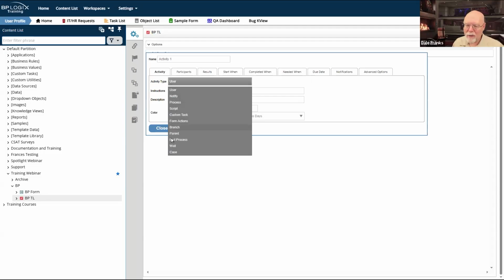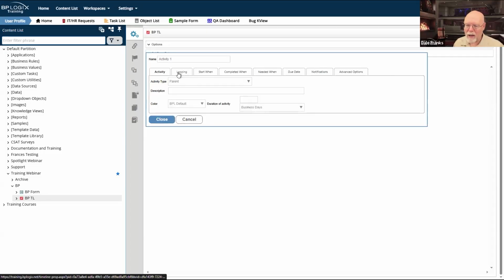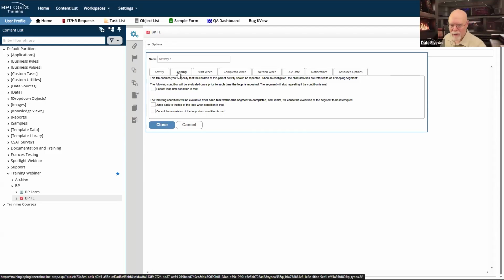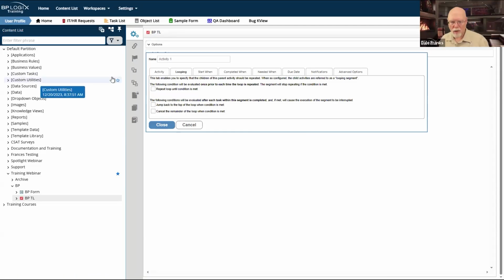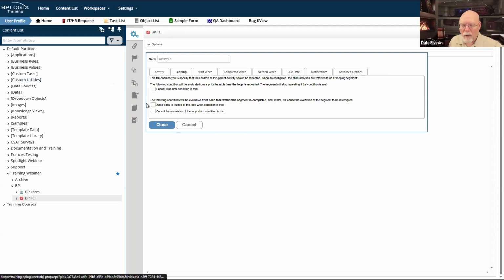So let us set this to a parent so that we can see the looping tab. You need to create looping segments for all of your approval processes. It's just going to make things a lot easier for you to use looping. Before we introduced looping back in version 4 point whatever, it was a little tedious to have to try to work out loops in the process timeline. You basically had to use a branch activity and do a rollback to the previous activity. And even that wasn't ideal. Generally, you had to do a jump to a previous activity so that it just jumped back there.